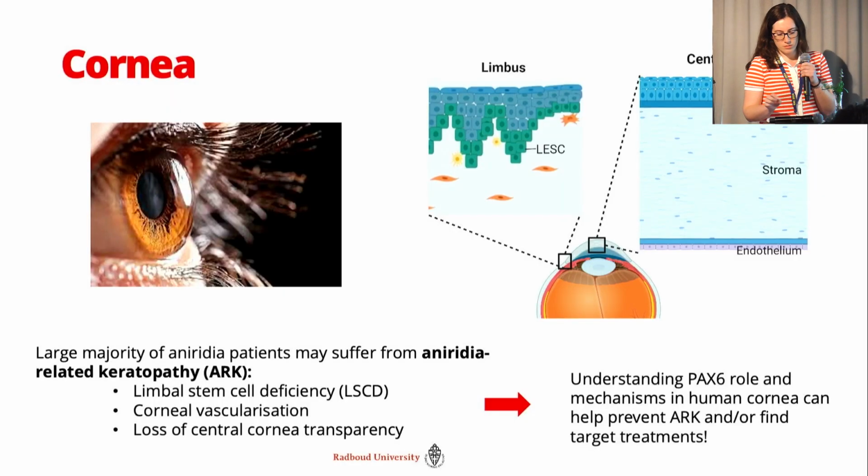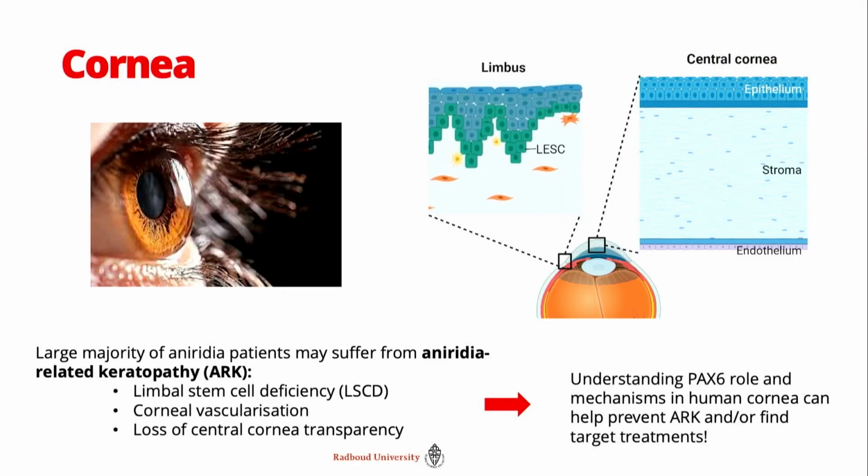So we all know that the cornea is the transparent layer at the very outside of the eye. And an important part is the limbus, which sits just right outside as a ring that contains this limbal epithelial stem cell population. And these cells are very important because they are the ones who continuously replenish the central cornea epithelium. Without them, we all know there's limbal stem cell deficiency, and we also all know that aniridia patients suffer